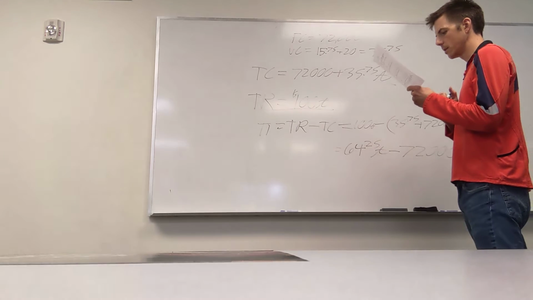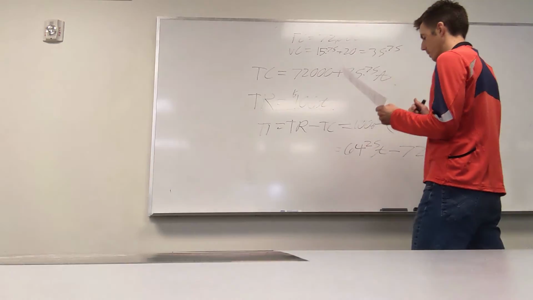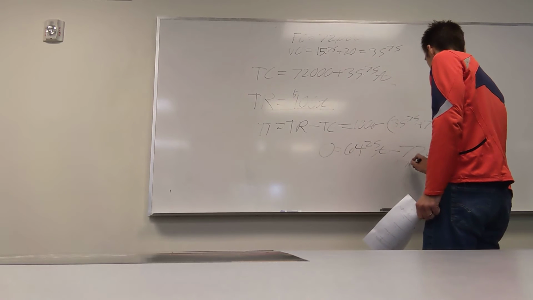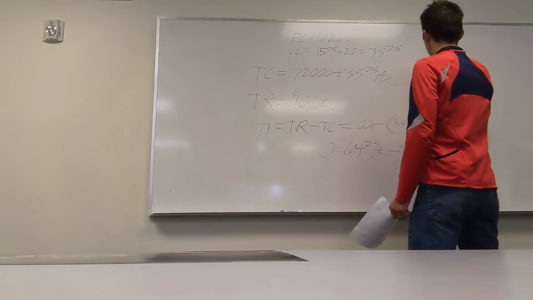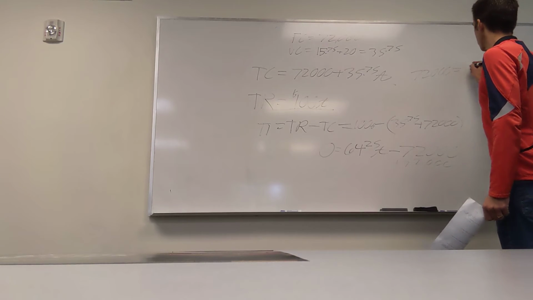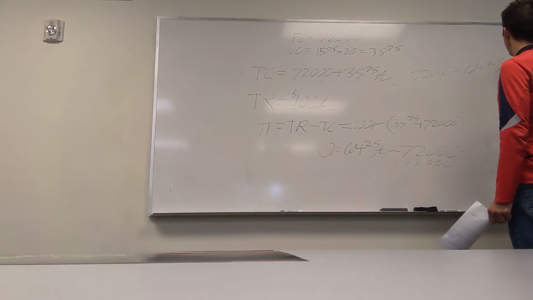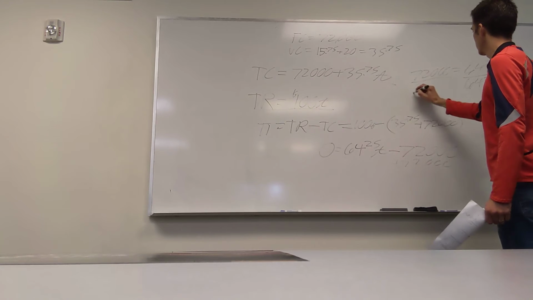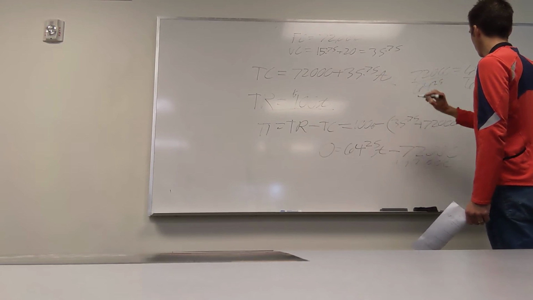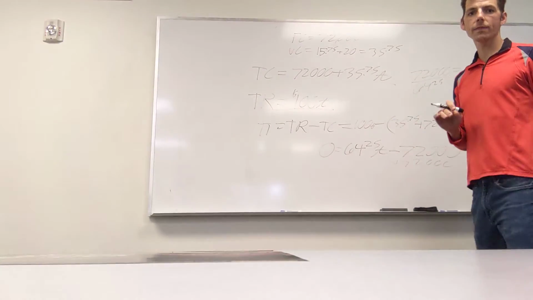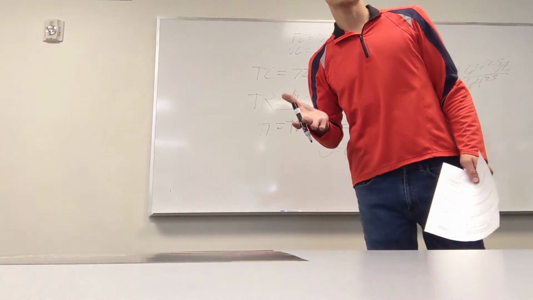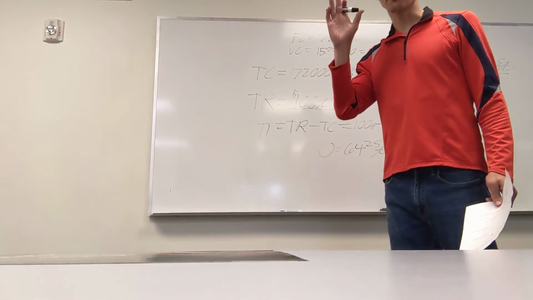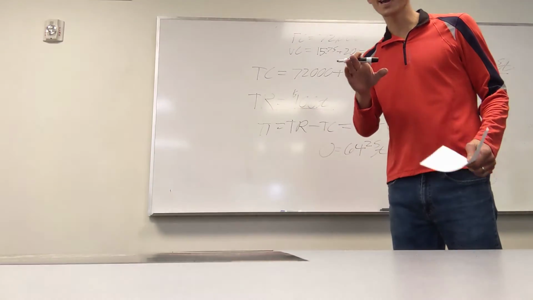So now, what's my break even? How many hours are required to break even? That's when this is 0. Okay, so now plus 72,123. I get 72,123 equals 64.25T, divide both sides by 64.25, and I should get 1,120.6, I think. Now, if you're looking for a whole number, you want to round up, because at 1,120 hours,